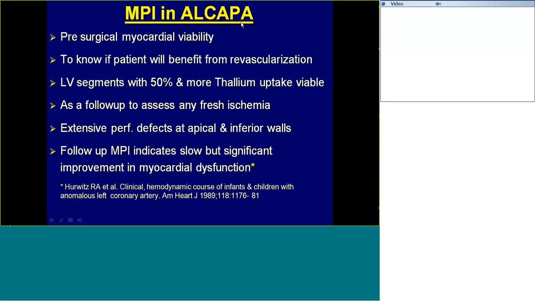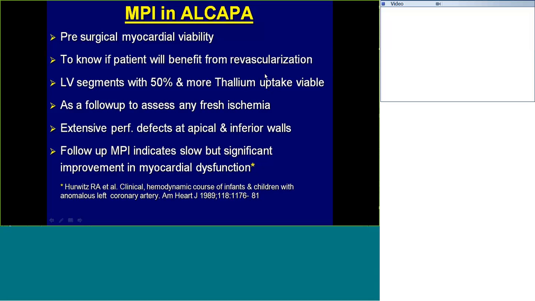I personally feel both in Alcapa and Kawasaki disease, myocardial perfusion scan is a very important investigation which gives enormous information. Especially in advanced cases of Alcapa, if we are looking for the presence of myocardial viability, the viability detection is best done with a simple myocardial perfusion scan at rest. This is important information because this is going to decide about the therapy of a high risk revascularization in